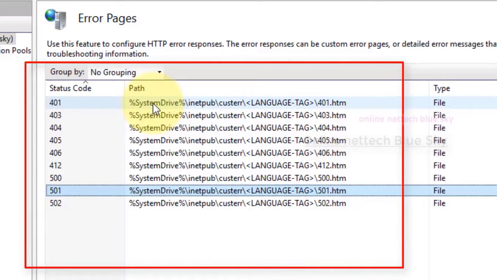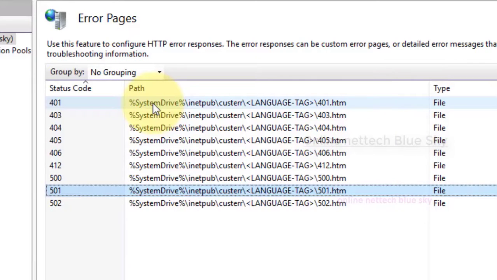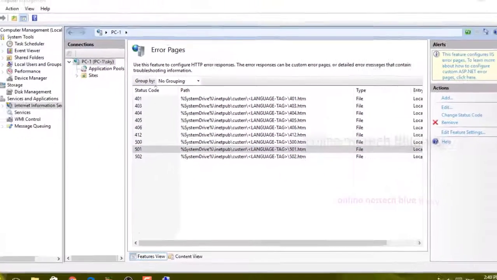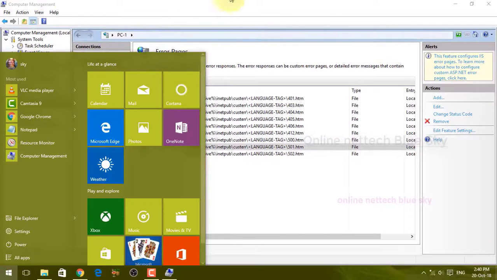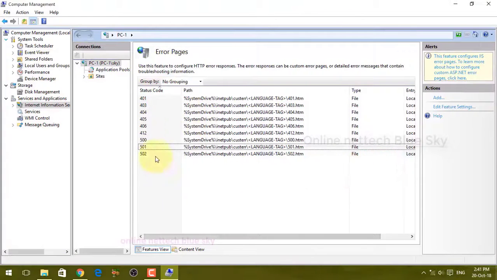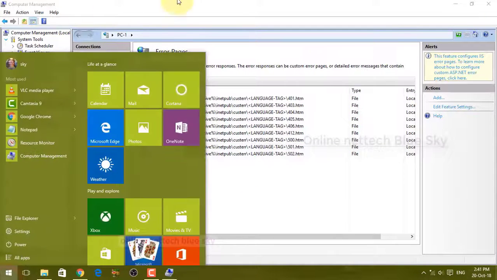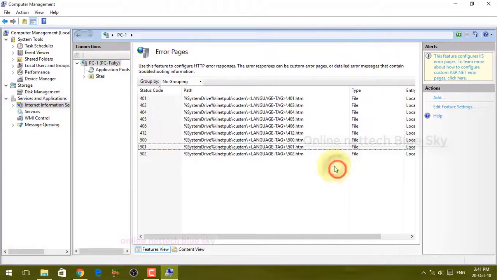This is very important when you are changing or maintaining your server. I will discuss 401, 403, 404 in a server series, but I'm showing only the Windows 10 control panel series here. I'm teaching only this, and this is my Windows 10, not a server operating system.